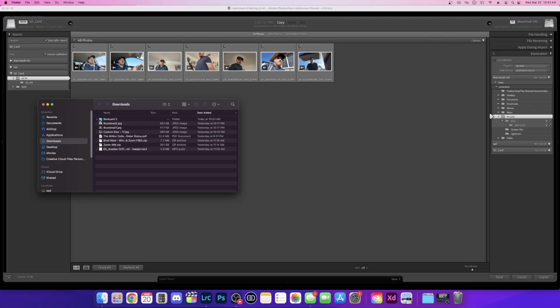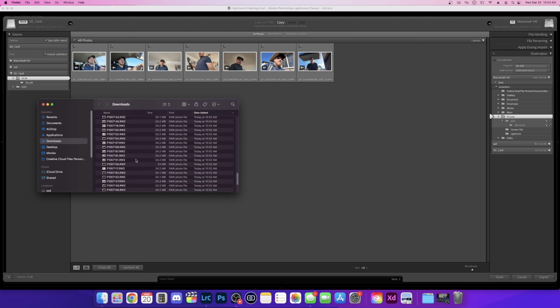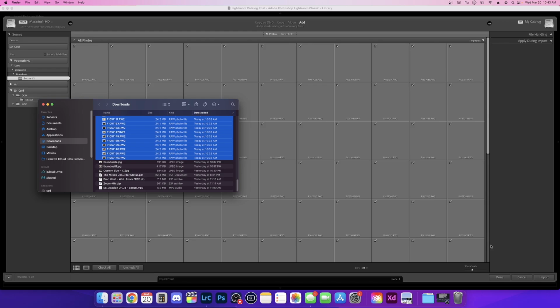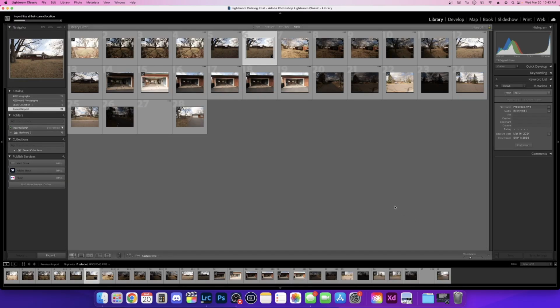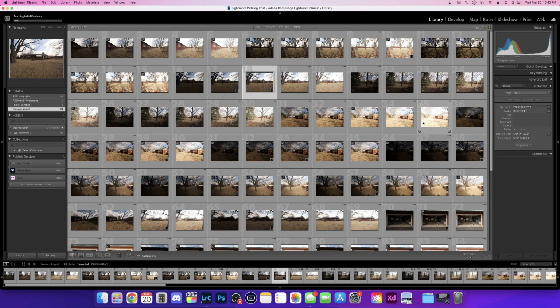I'm going to go through and get all my students' images. Took a bunch of exteriors and click and drag, then hit import. Got to let them all populate. I have not imported my presets into this iMac yet, so we're just going to do it from scratch, which